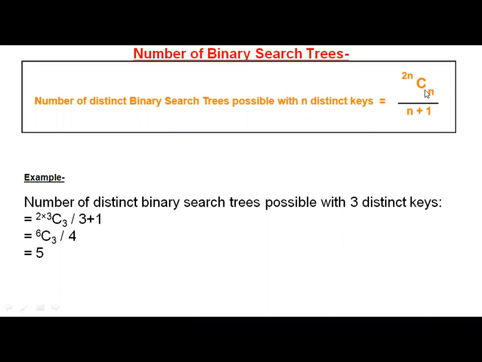Then you can apply this formula, 2n Cn by n plus 1. For example, the number of distinct binary search trees possible with 3 elements is 2 into 3 C3 divided by 3 plus 1. So this is 6 C3 by 4. How can you write 6 C3 by 4?